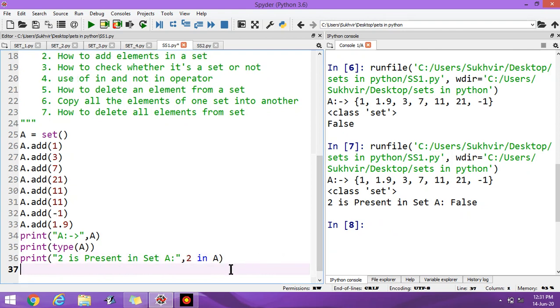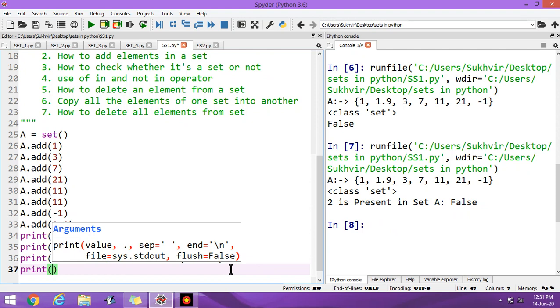Suppose I write print 2 is absent in set A like this.